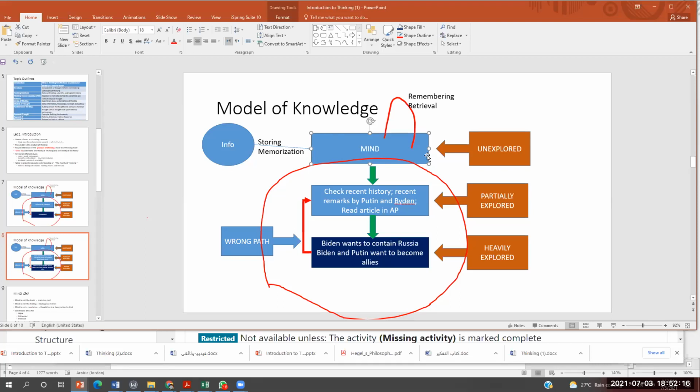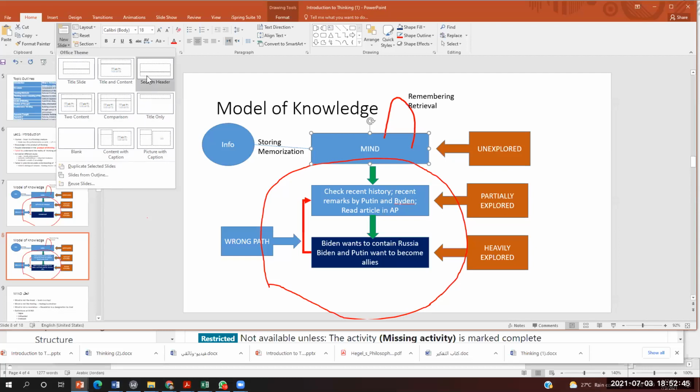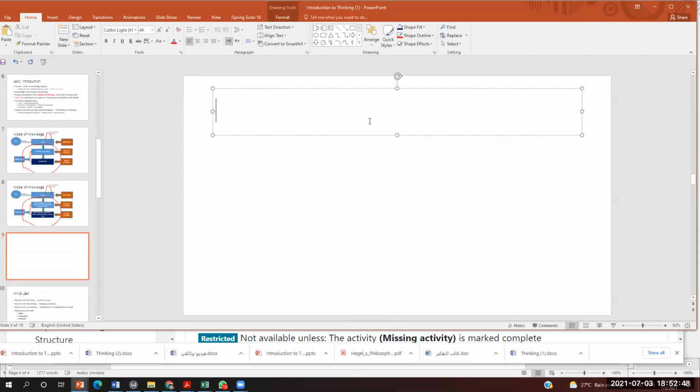Now, because it remains vague, quite often I will not be able to verify the accuracy of the knowledge based on this method, because I don't know how it has been processed. So it becomes very difficult to analyze. And that's why, if I give one more example, what we call the controversies,